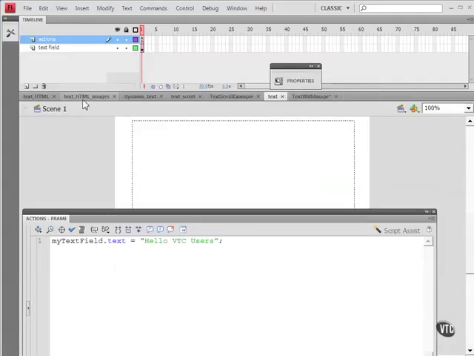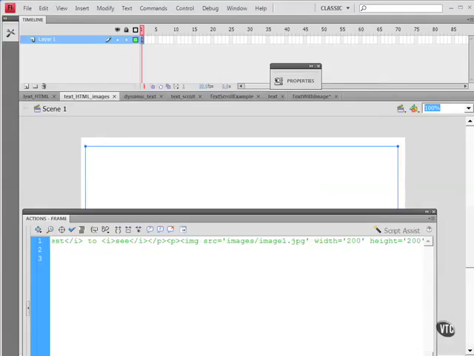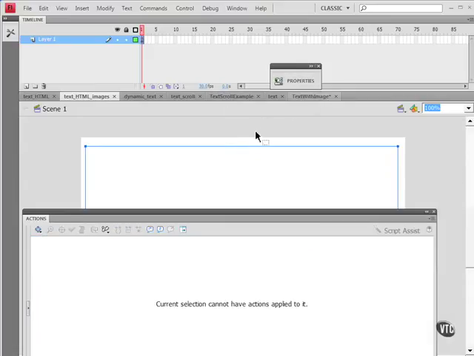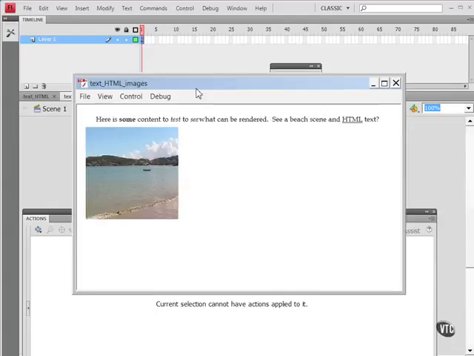Here's an example of some rendered HTML content plus an image that I'm pulling in with HTML. Notice that the text field here is named. Let's go ahead and click on that and open up the Properties Inspector. There's my text box, capital T, capital B. And if I do a control test movie, we can see this HTML content rendered on my stage here. Here's the text and some formatting. There's some bold formatting and underlining, as well as an image being brought in from the Images subfolder in the